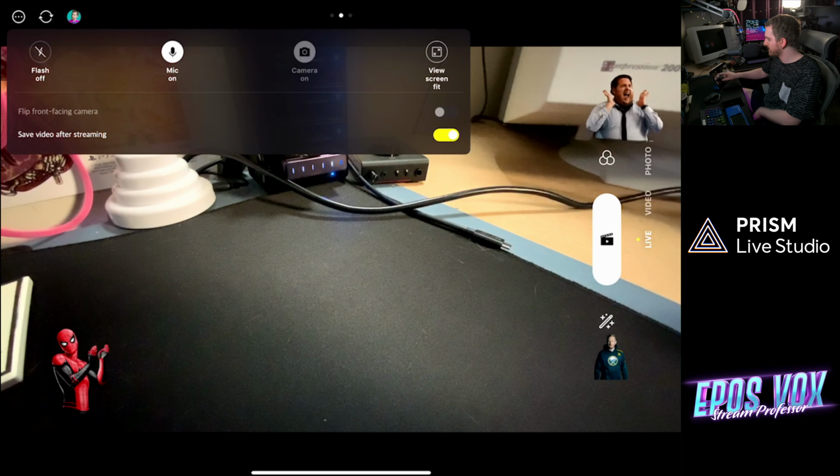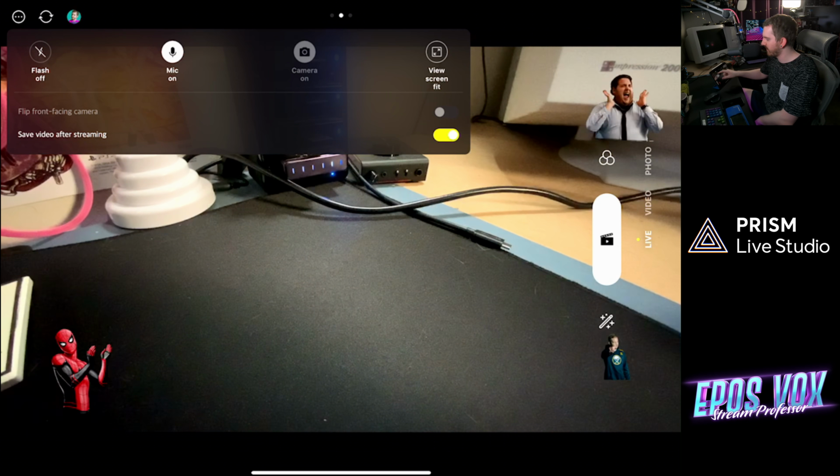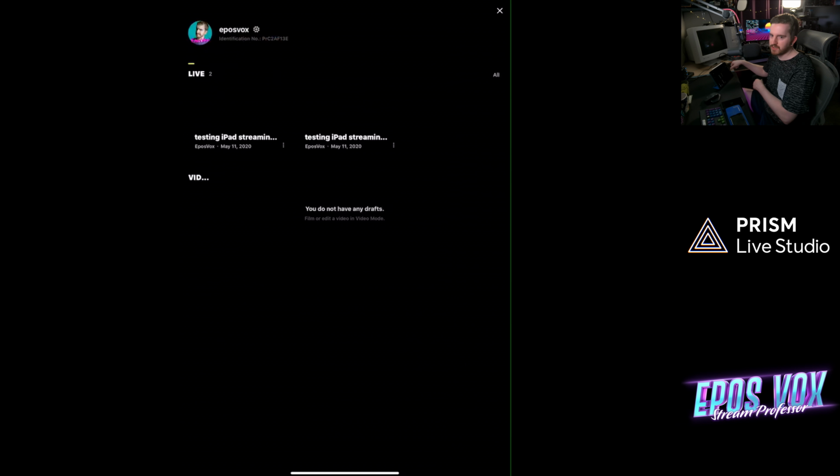Now, if we go to the 3 dots at the top, you have a couple controls for whether your microphone, your camera, things like that are on, whether it saves the video after you live stream. That's very important. And then if you click on your account or your profile picture, this is how you manage